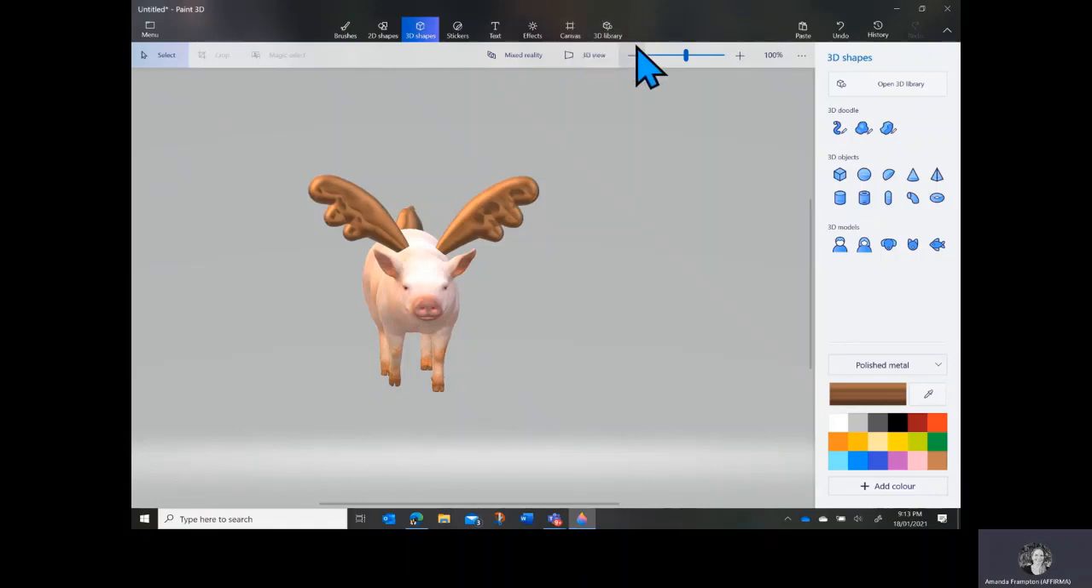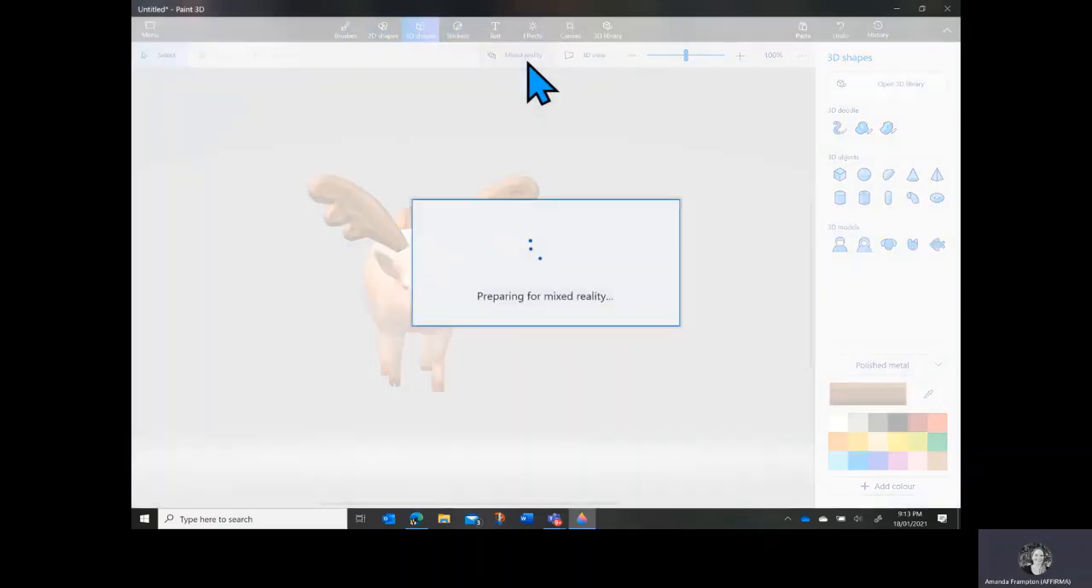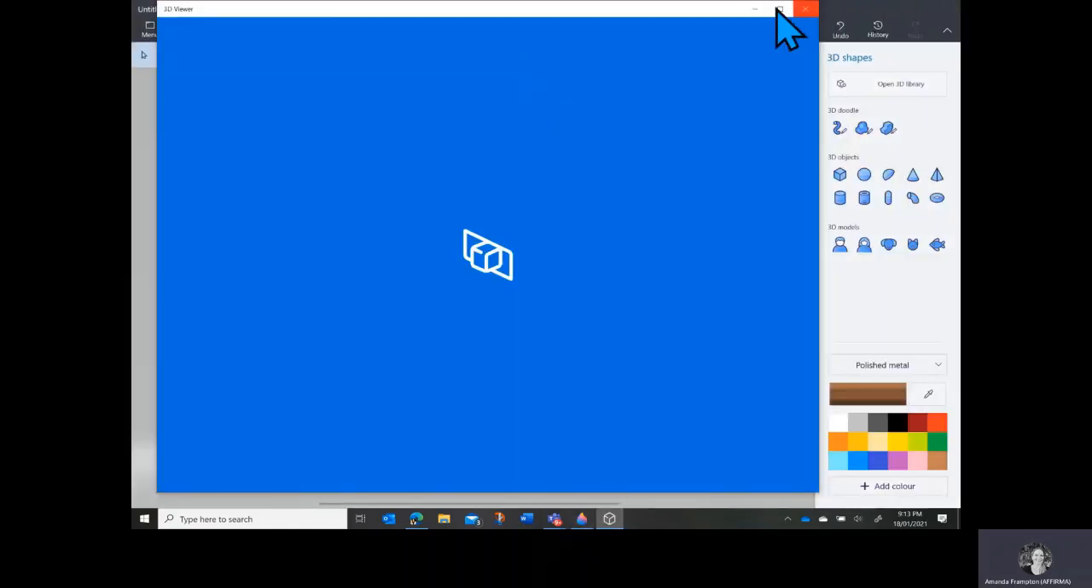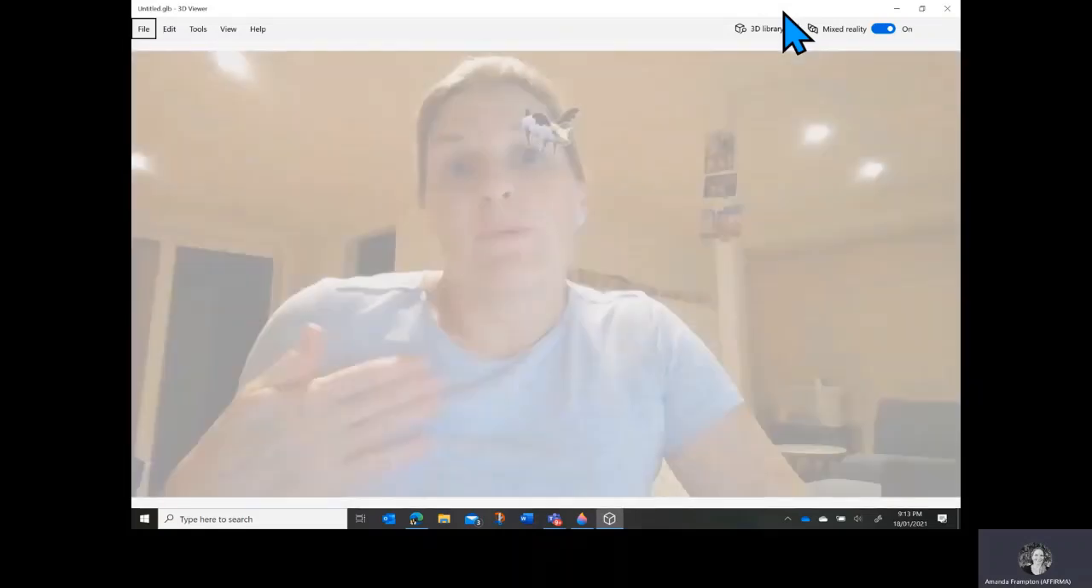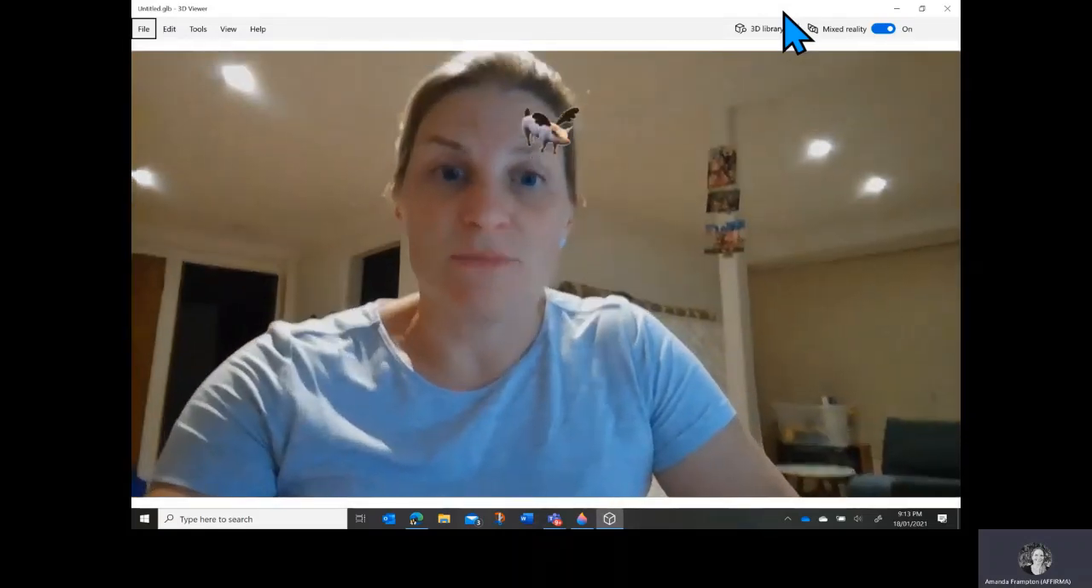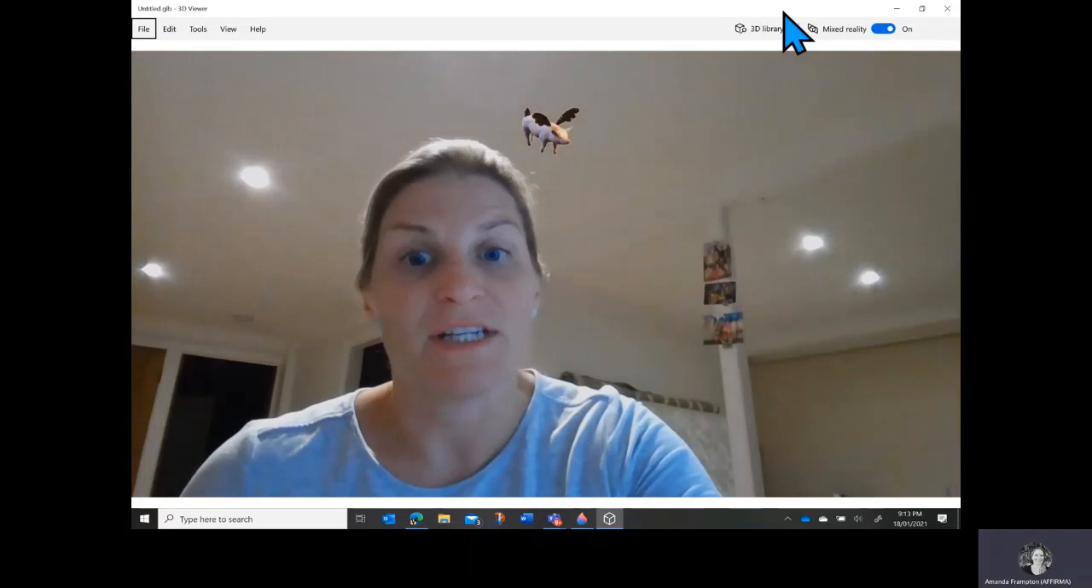But the really cool thing that we can do too is put our pig into mixed reality. So I've got my little pig here, and he is going to start to fly around my office. I'm going to use this little button up the top here called mixed reality. It's going to prepare my little pig for mixed reality. And if you're not quite sure what mixed reality is, it's where we combine digital objects with